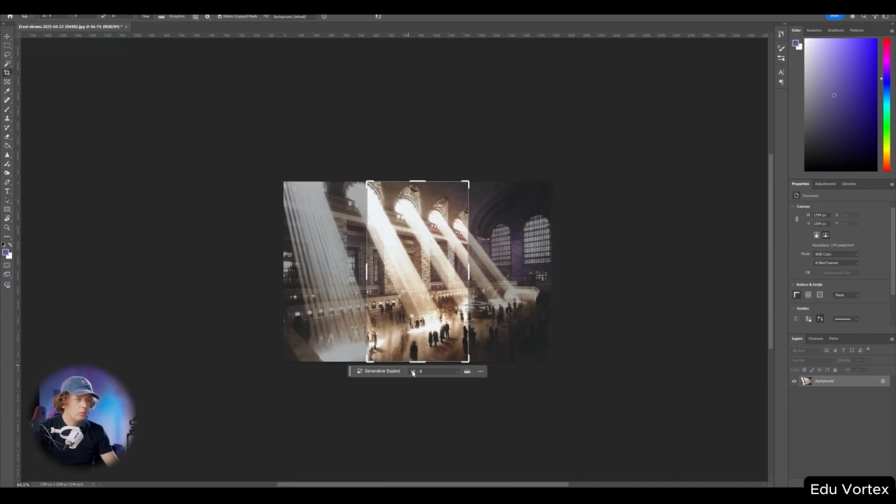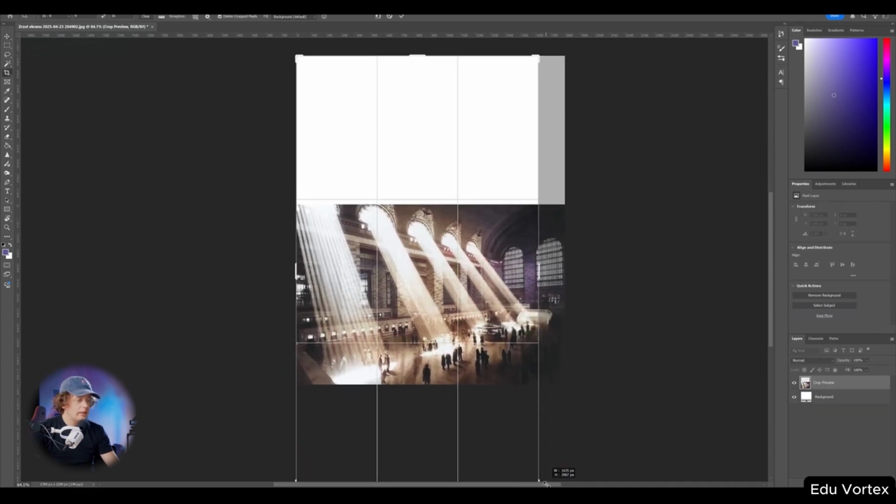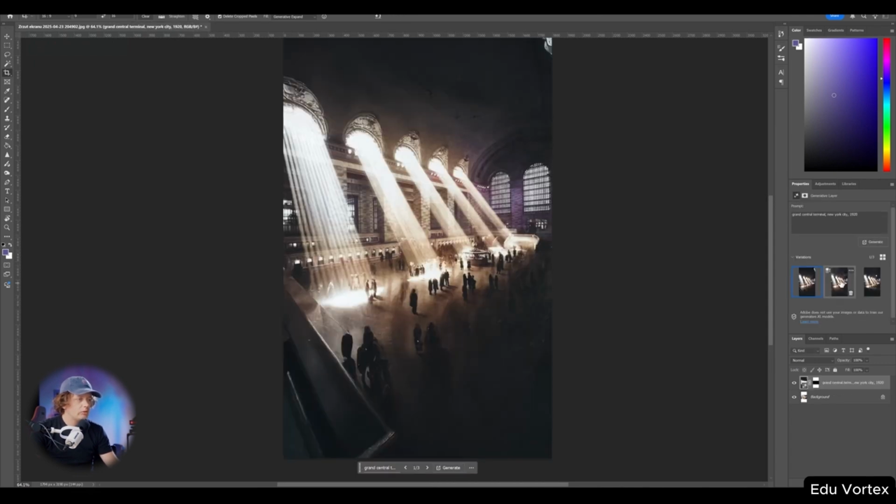Select the crop tool with a 16:9 format. Expand your canvas vertically, and click Generative Expand. In the prompt box, type Grand Central Terminal New York City to guide the AI. Once generated, select your favorite version, usually the first one works great, save it as a JPG, and move to